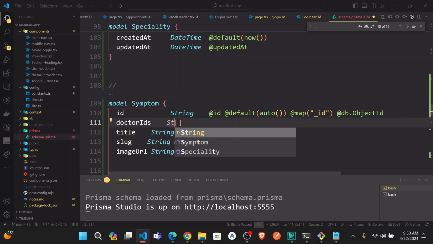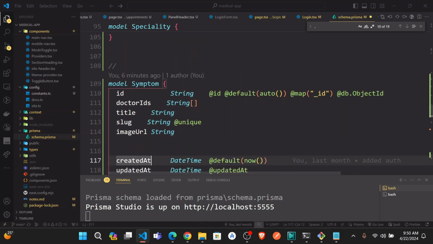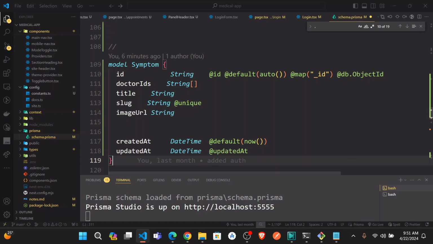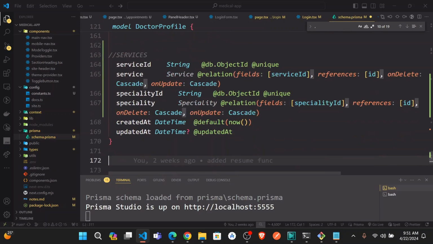And this one should be a string, just like this. Doctor IDs should just have doctor IDs, not directly the doctors. And then for the profile, just go down here. We can also have